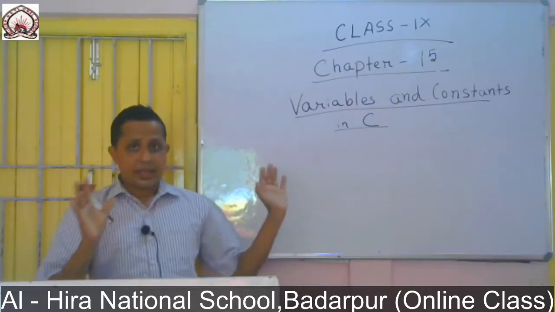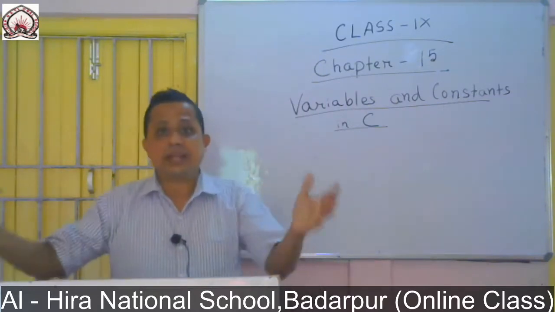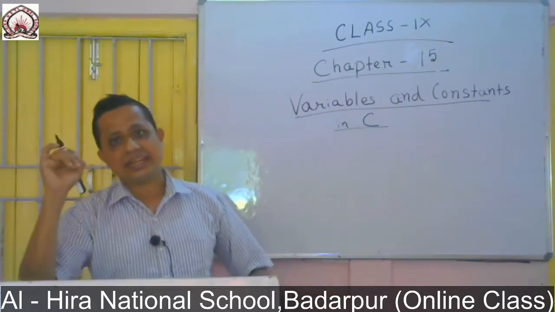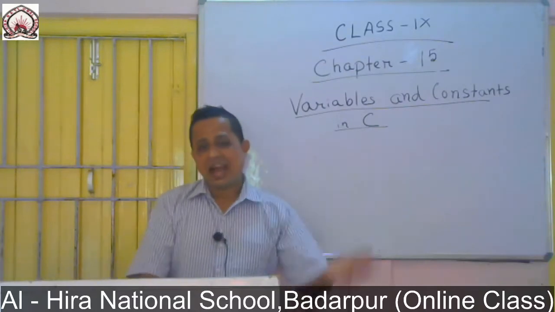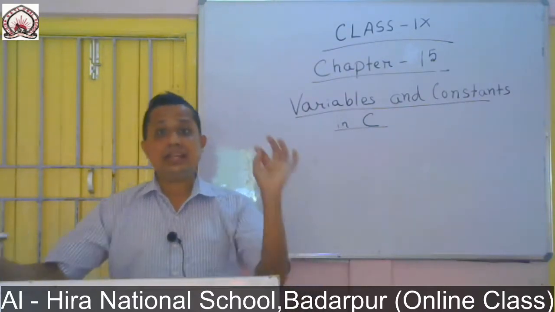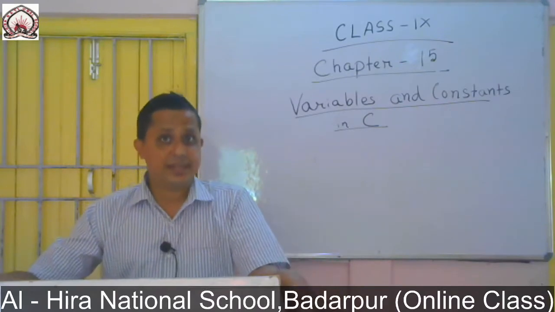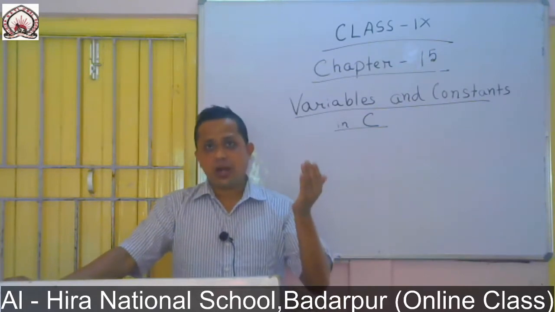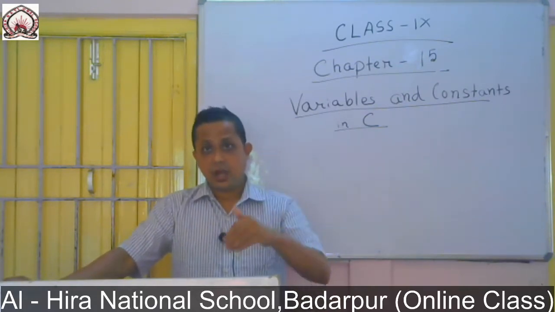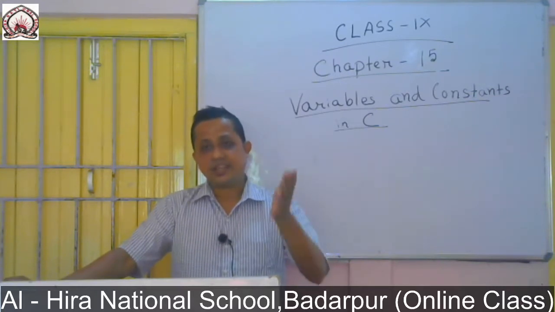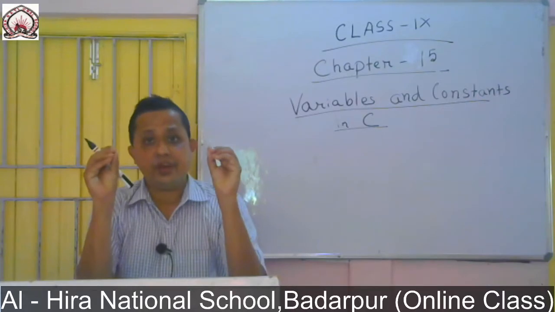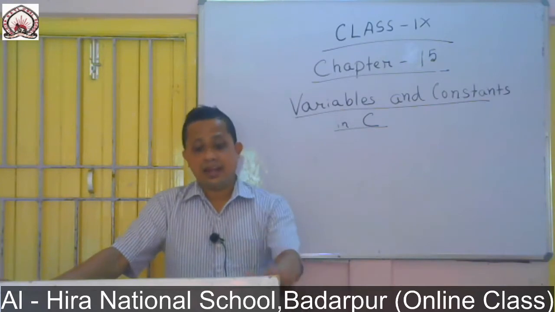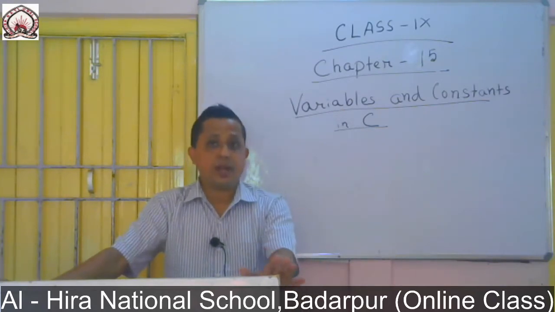Now, as I have discussed the character set, if you combine some characters and the combination is meaningful, a meaningful combination of the C character set is known as a C token. In other words, the token is the smallest individual unit in a C program. In a C program, we will find many things, like keywords and identifiers. Each and every meaningful character combination is known as a token. Tokens are like words in the English language.